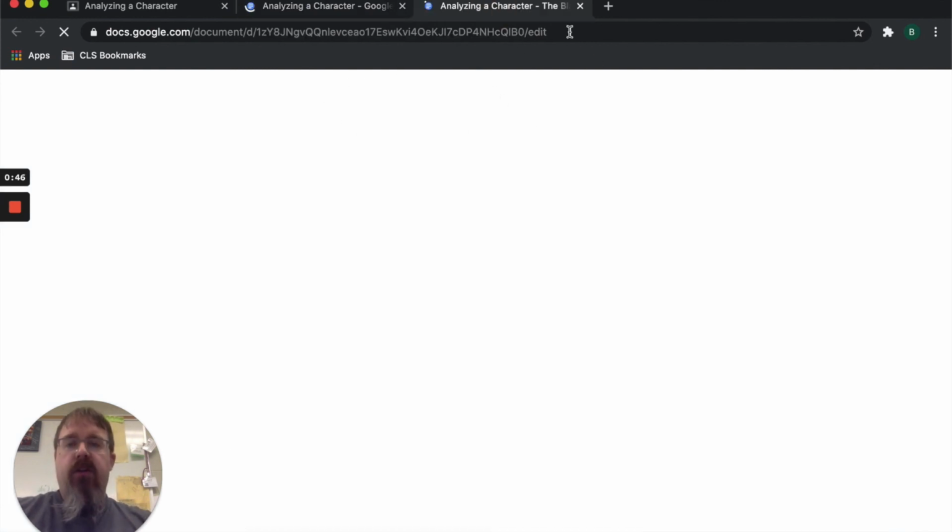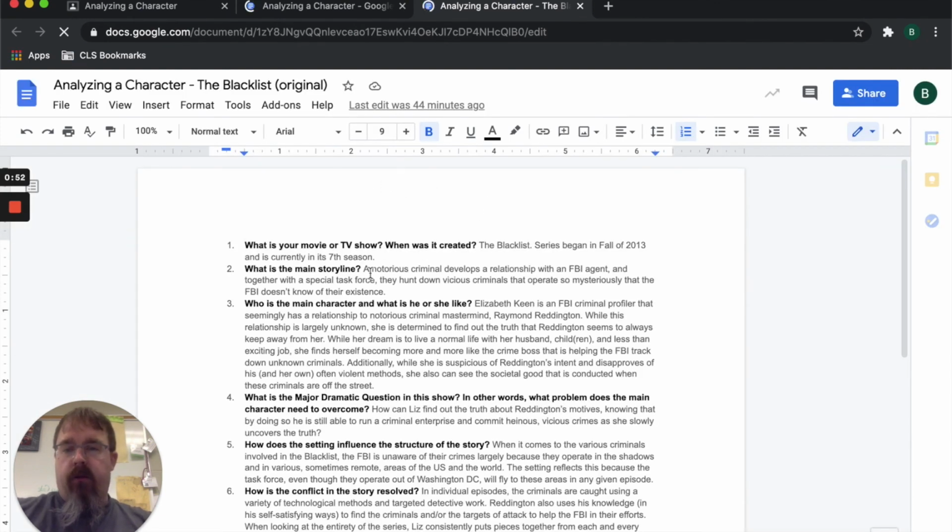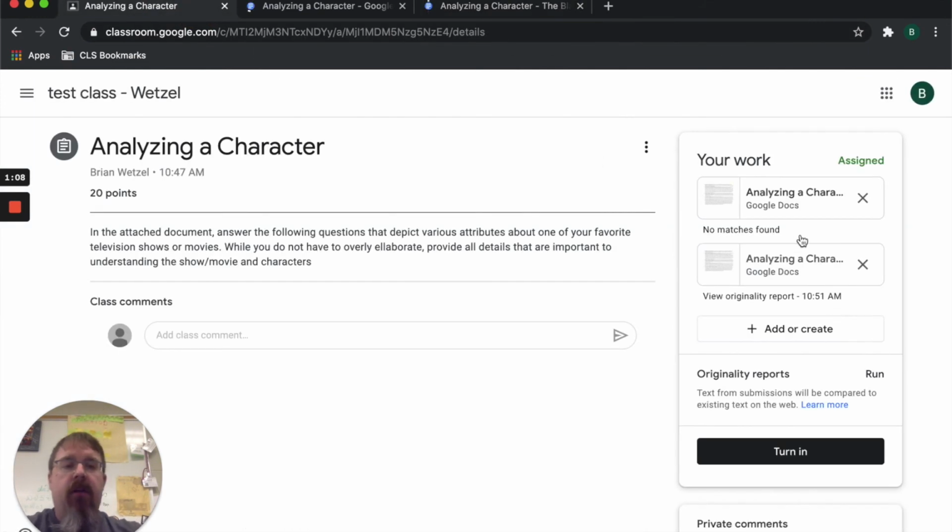But on this one, while it's answered with a good response, you can see that it's written in original writing, or at least I'll tell you it's original writing right here. A notorious criminal develops a relationship. So in that respect, that's why you're getting two different responses. So if I were to click on the originality report for this one,